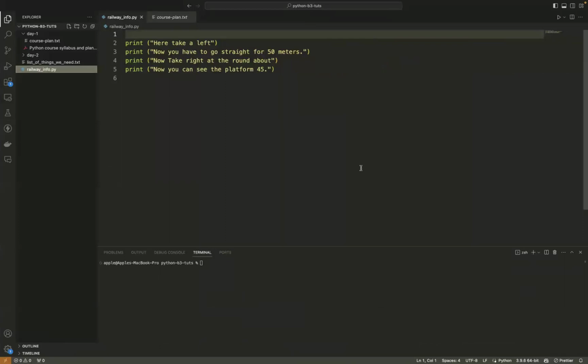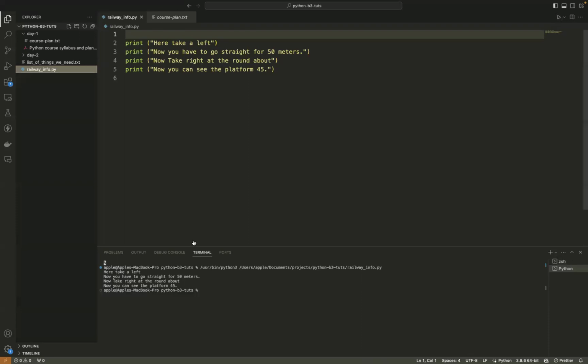If you are using a VS Code tool like me, you can click a play button here. See, if you hover your cursor there, you could see Run Python File. I can just click on that, and I could see all those instructions that I've written printed in my standard output console.